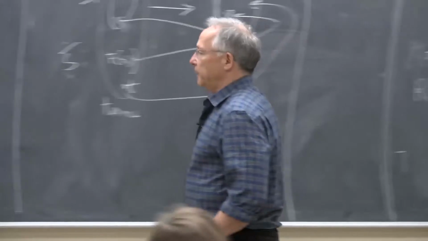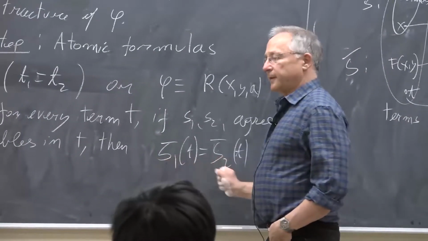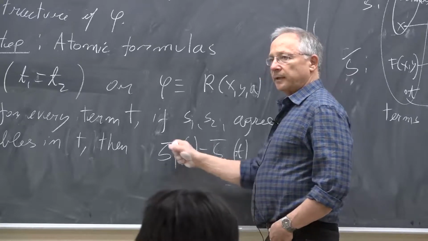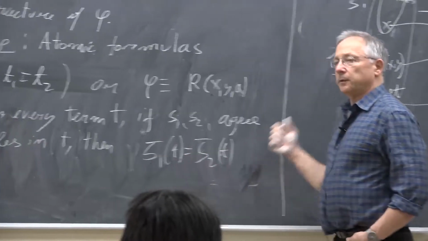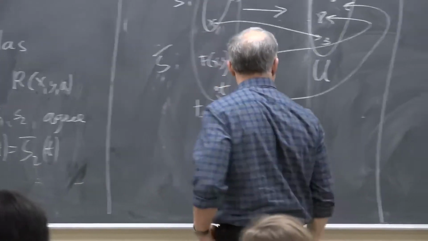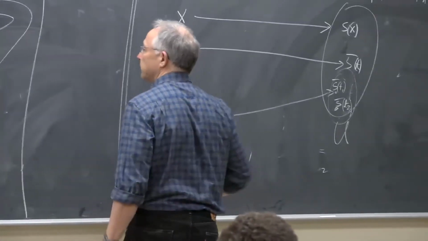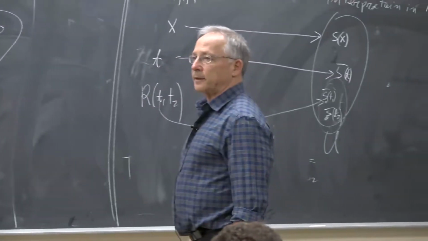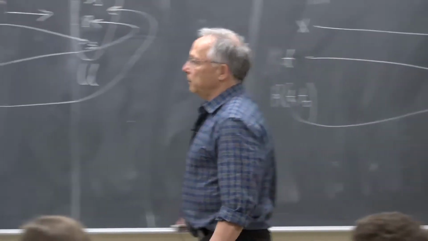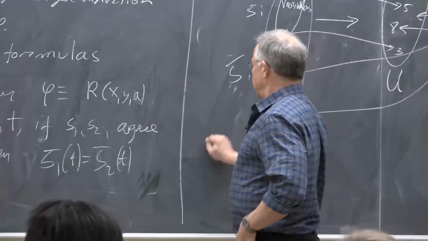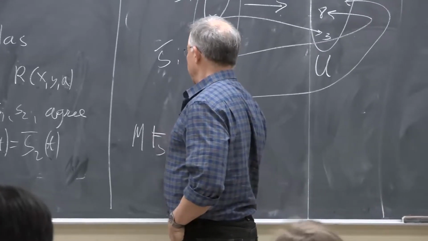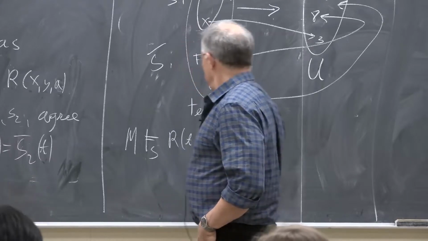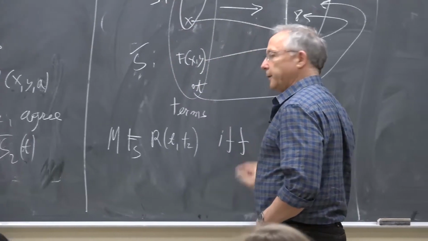So since we have this claim that if two assignments agree on the free variables of t, then the two assignments will send this term to the same element in the structure, then we can conclude the base step. So we can conclude that the model under S1 satisfies R of T1, T2 if and only if